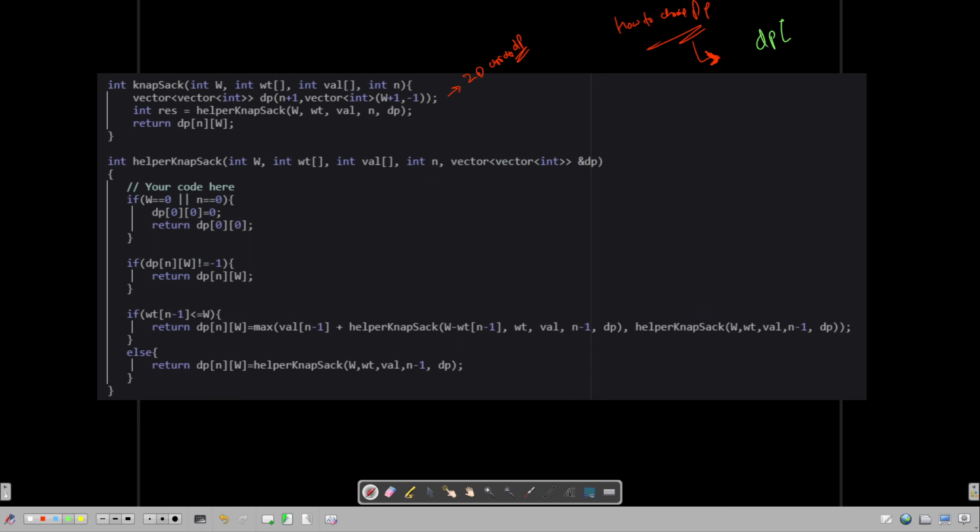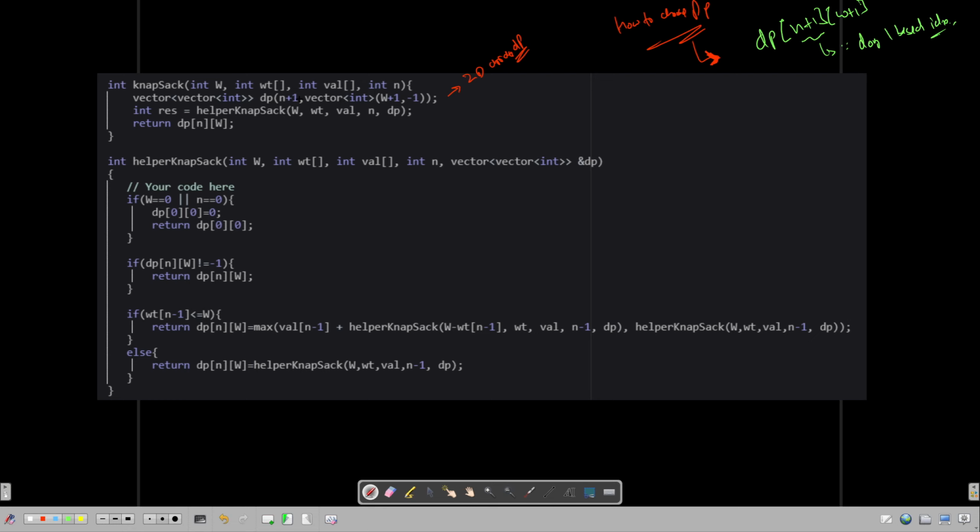We are keeping it as n plus 1 and w plus 1, because we are doing one-based indexing. So we created a 2D vector DP of size n plus 1, comma